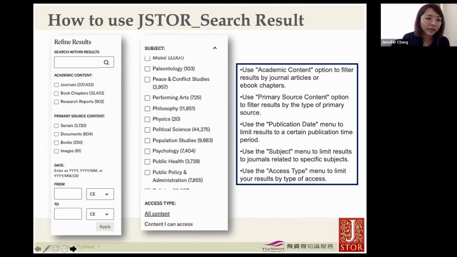And then you can also filter by academic content because, like I said, we have journals, book chapters, and research papers. So you can go further and focus your results on the content. For example, if I only want to see the journals because we only have access rights to the journals, or if we are allowed to enter books, then you can click book chapters here. And the primary source contents,